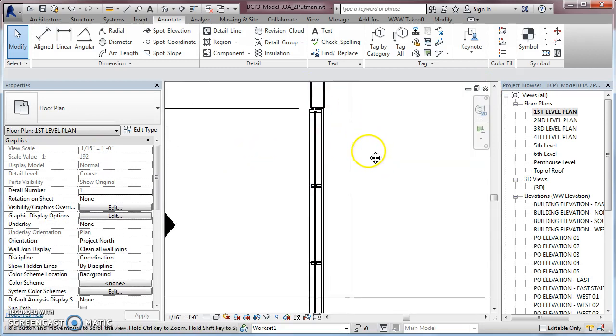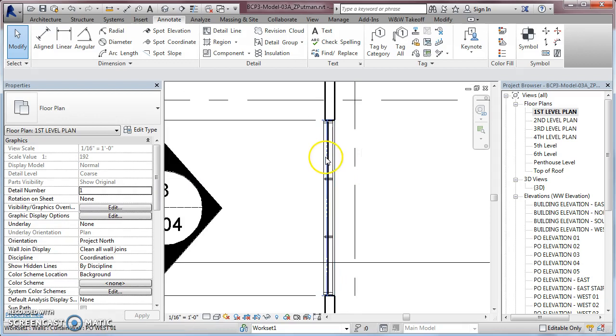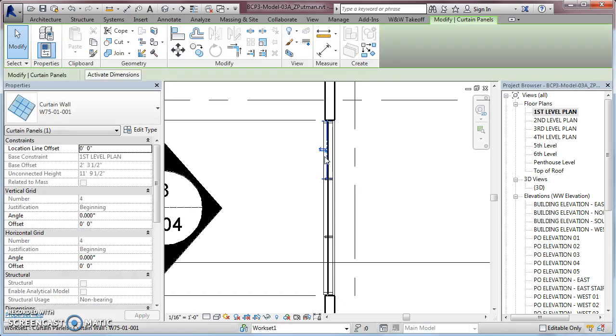So if you mouse over here, it's very similar. You have to select the unit. So I mouse pretty close to the unit. It's hard to move your mouse and get it perfectly, so I use the tab key. I hit tab, and it switched to a wall, curtain wall, so that's not the one I want, that's the whole wall. Tab again, curtain panel, curtain wall. Now that's a unit. So units are always going to say curtain panel and then curtain wall, and then usually a W75 designation. So I single click it, select it, right click on it, and